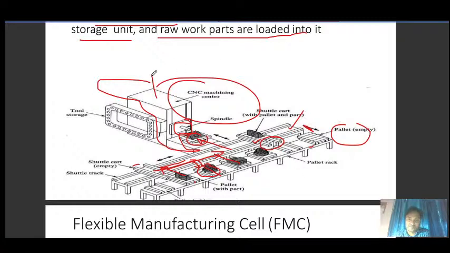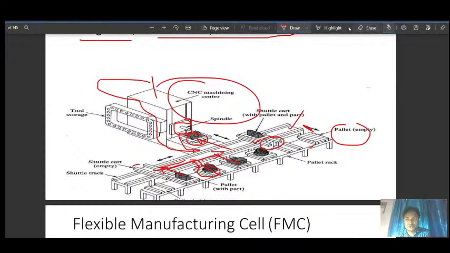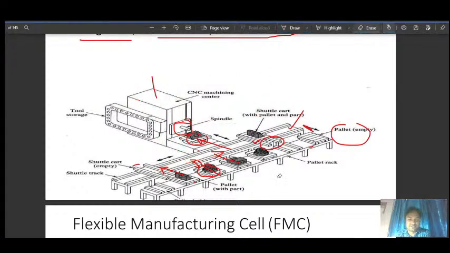Okay, so a single machine cell means one CNC center with an automatic loading and unloading system. So this loading and unloading is done automatically.